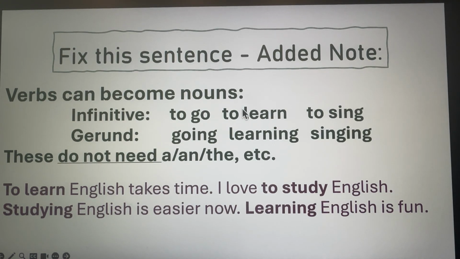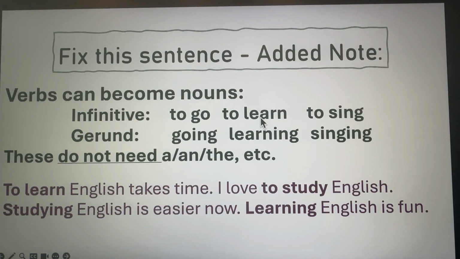But if you want to know this, verbs can become nouns. One way is to become an infinitive. The word go: if I put "to" in front of a verb, it becomes one thing in the sentence, "to go." And it cannot be the verb anymore. It's not the main verb anymore if it has "to" in front of it. It can be an adjective, it can be a noun, it can be a lot of things, but in these sentences we're going to use it as a noun.